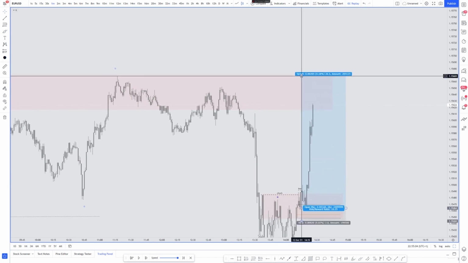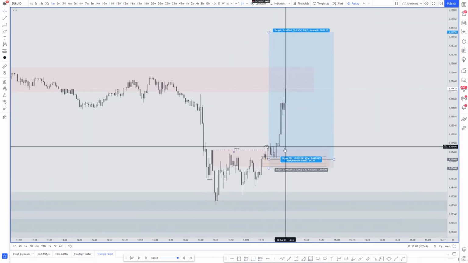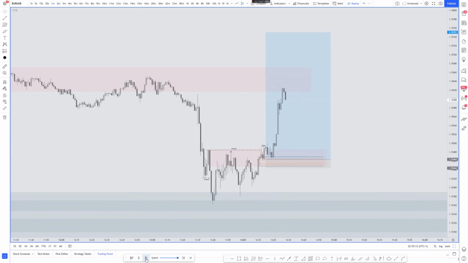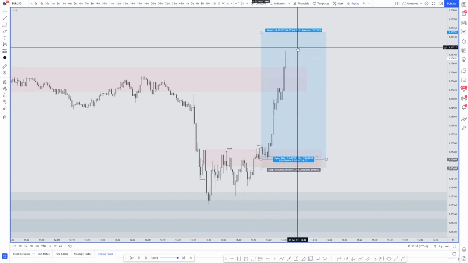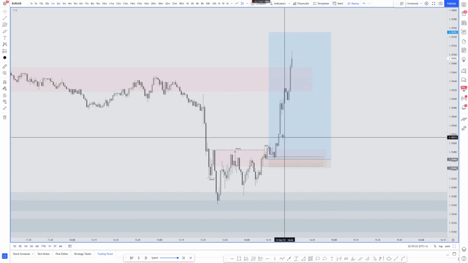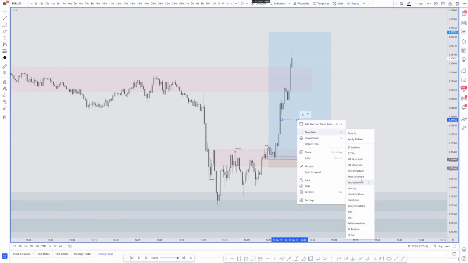Now, there is another way of managing. Say you went break even here. You could also trail your stop loss. Now I don't do this often unless the price action's shoddy. In this particular case, price action seems to be quite bullish. So what you could actually do as a third technique, if you choose to do so, is just trail your